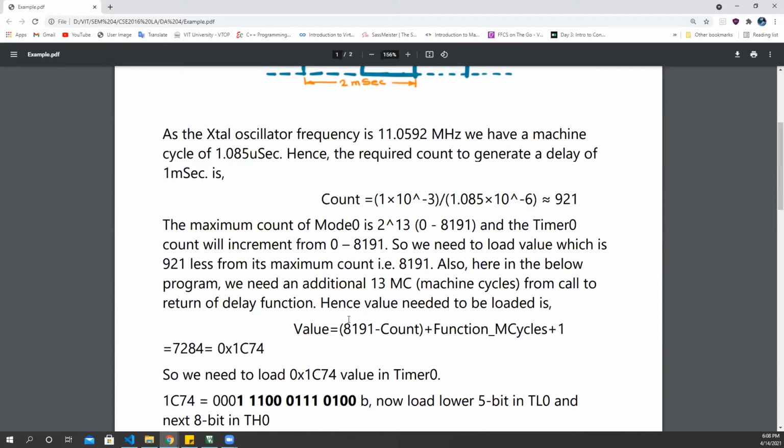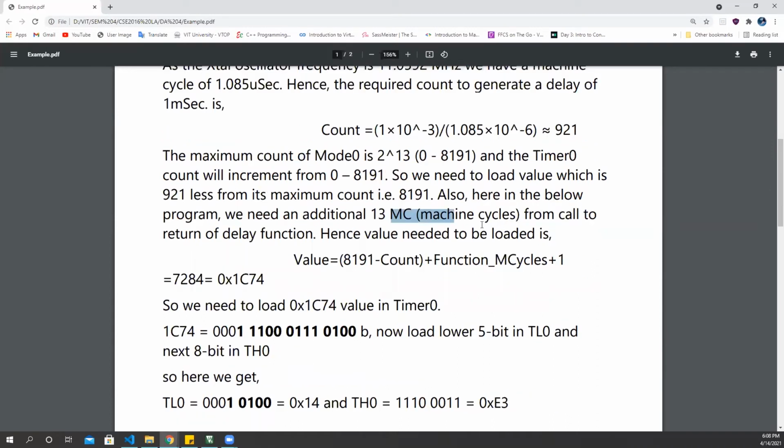from the highest count we have to subtract 921, that is, we subtract 921 from 8191. And we have to add the 13 machine cycles for the return to the delay function. So basically we are getting the value as 7284, and we are converting this value into a hexadecimal value, which is